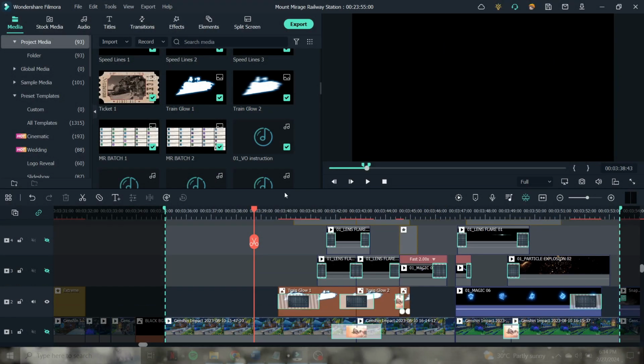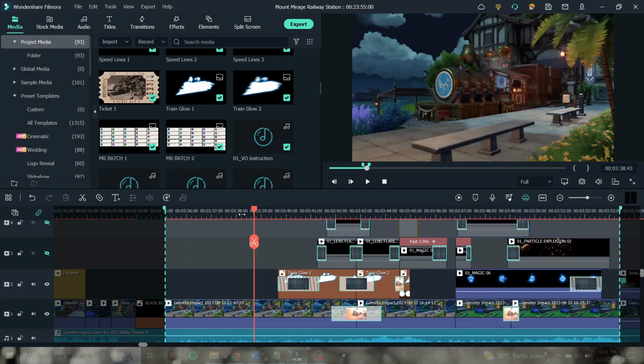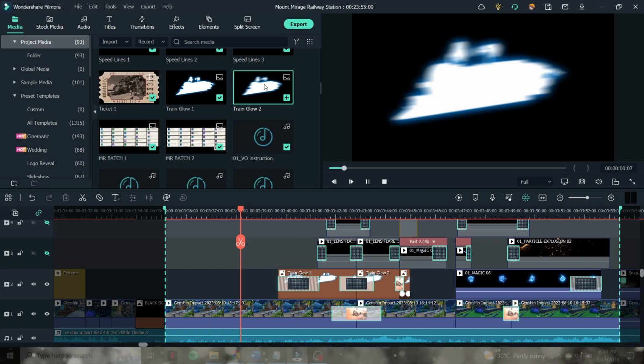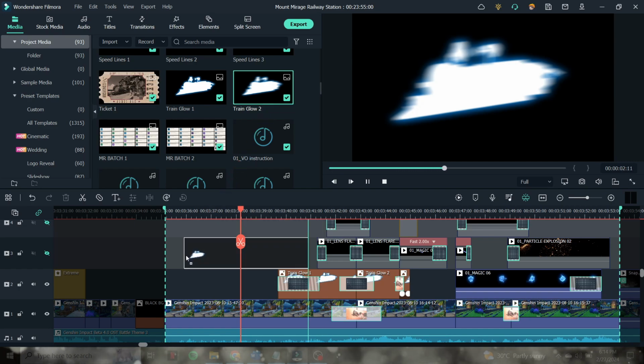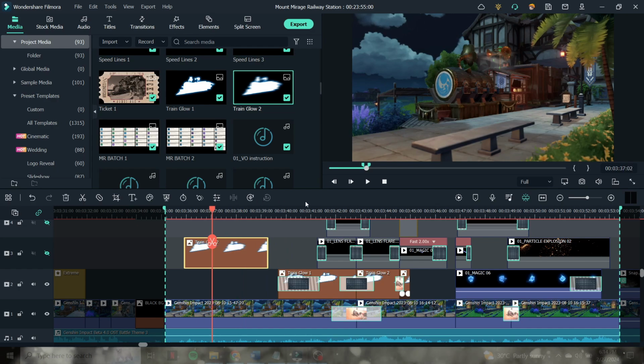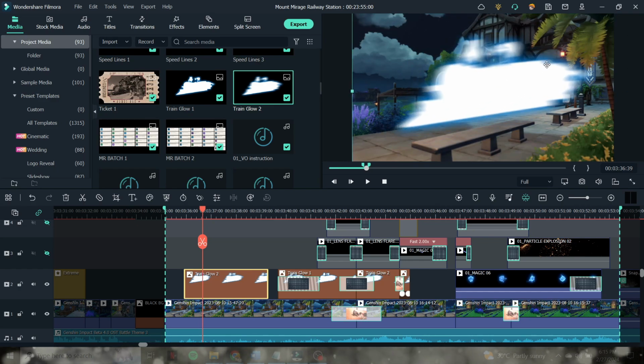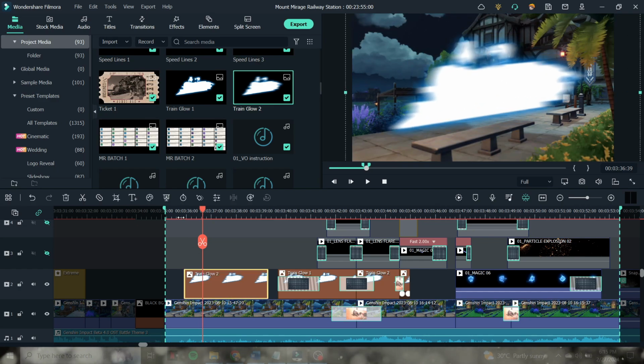Keyframing plays a very important role in this whole scene. Here's the quick basics on how keyframing works on Filmora. Okay, so let's put the sample clip on this small space right here. Okay, so we will be using train glow number 2 for this one. Resize and place the image on your desired position, and once you're okay with the placement of the image, click